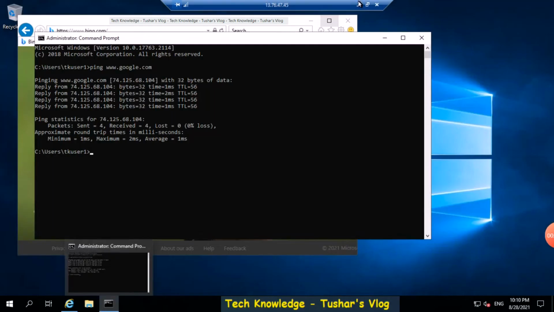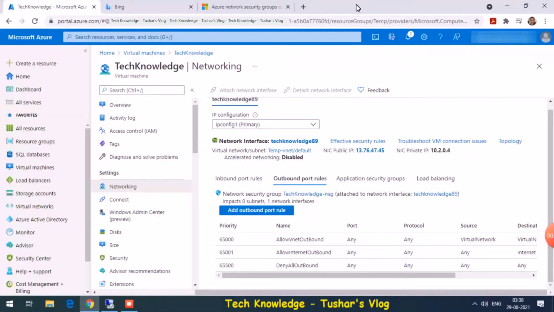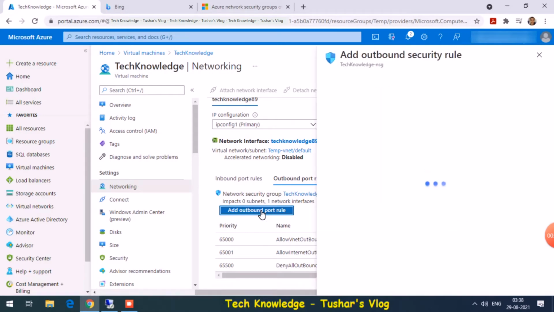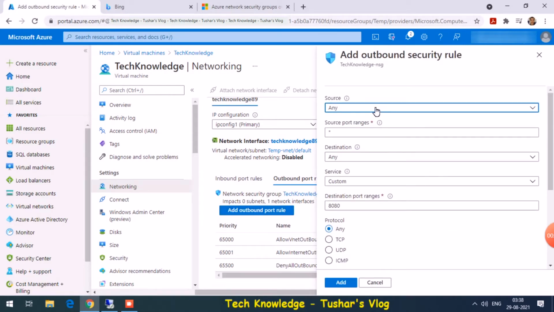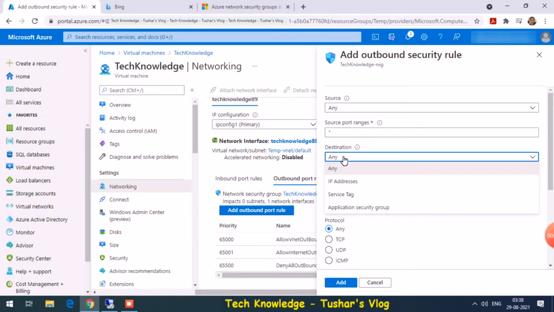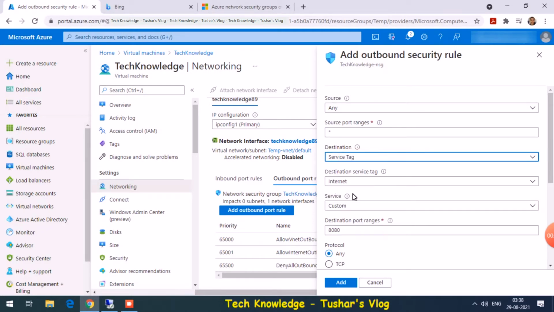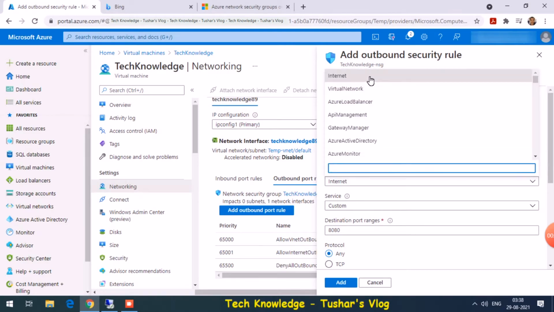So now let me show you how to disable internet on my VM. So we have to add one more outbound rule. Source, we can leave it at any. Destination, we are choosing service tag. Destination service tag, we have so many options. We are choosing internet.